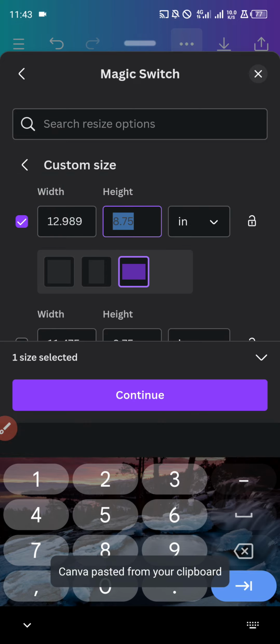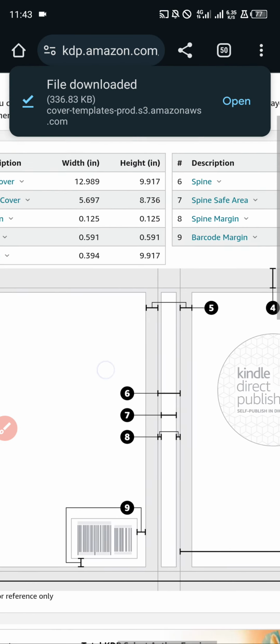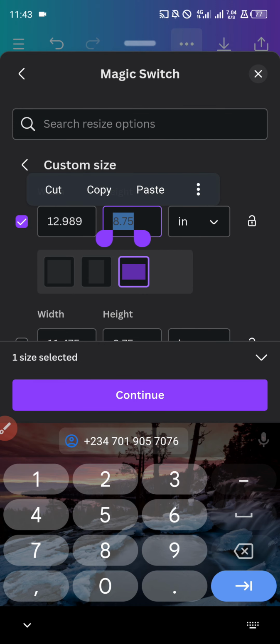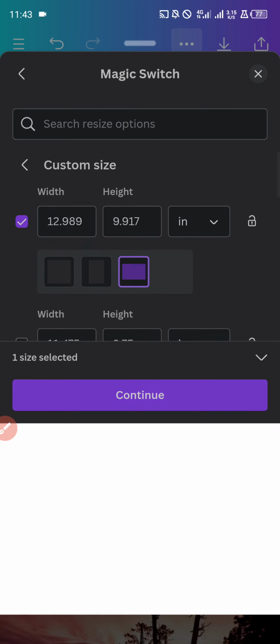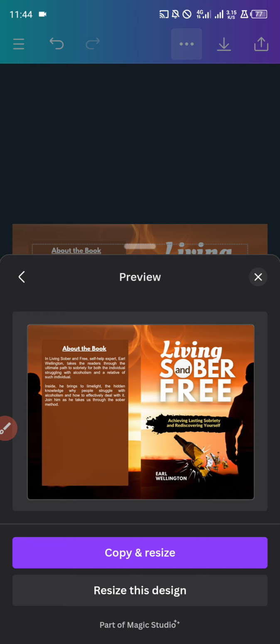And then my height, let's double check and be sure. My height is 9.917. So right here, I'll input 9.917. Then I'll click on continue. When I click on continue, it's going to load and show me the preview. You can either choose to resize this design, or you can copy and resize. When you copy and resize, it creates a new document with this size, and your paperback will still be preserved. You get? So in case it gives you issues and you want to come and correct, I will advise you